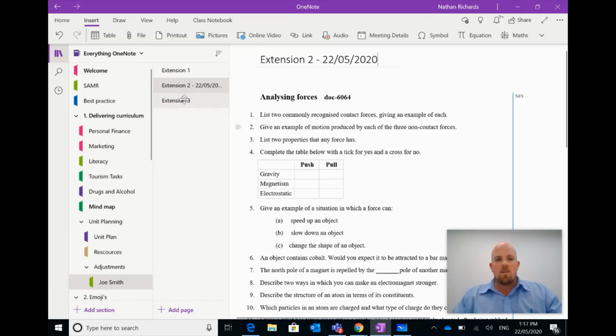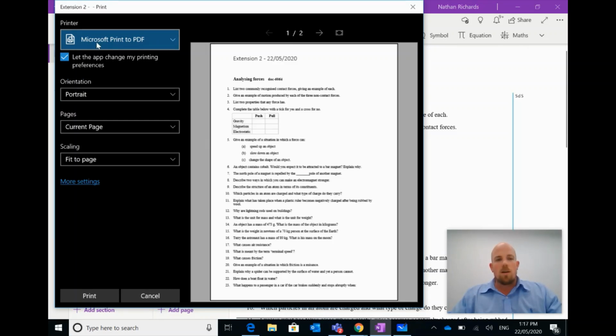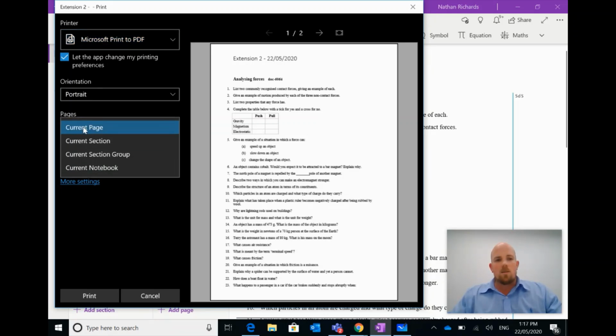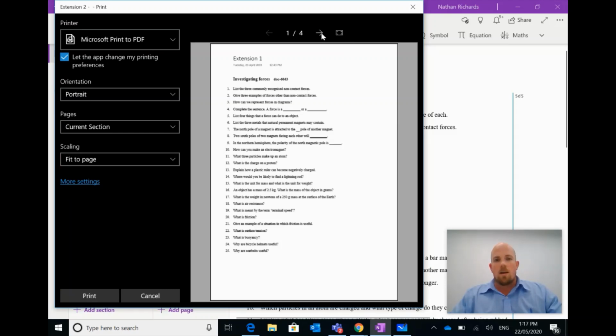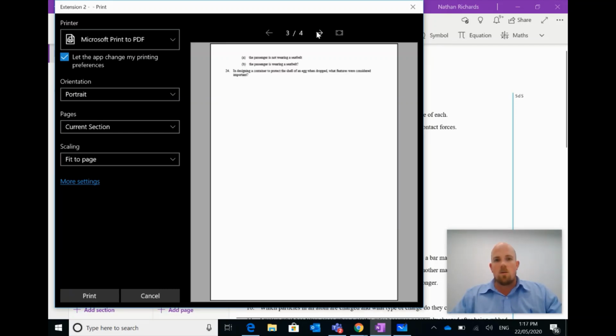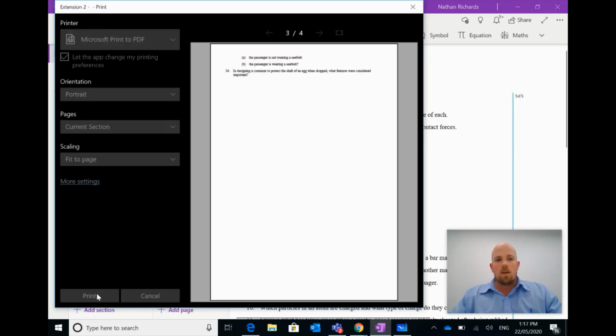The last really cool thing I'm going to show you here is that if I go to print, so I'm just going to hit Control P on my keyboard. I choose to print, and I have this option here to print Microsoft Print to PDF. If I go to Pages and I go to Section, because I want Joe's section, I can see this is all of Joe's work that I collected for him over time. When I go to print that,